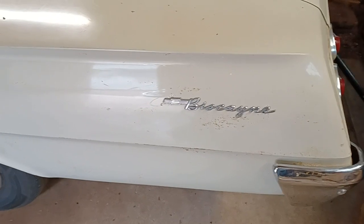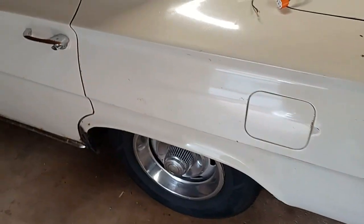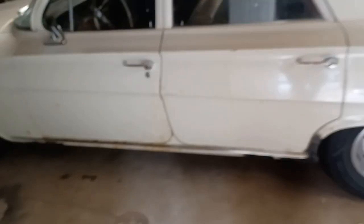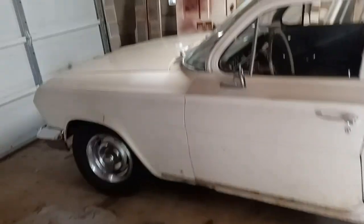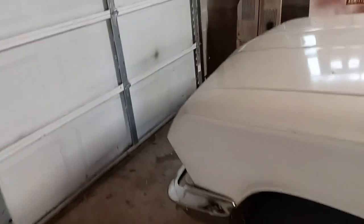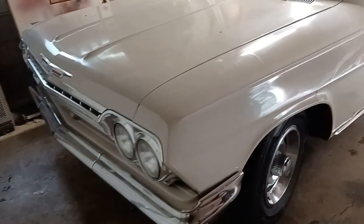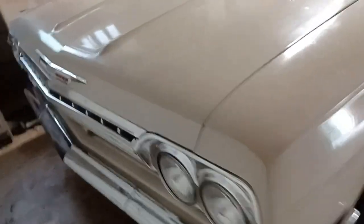And yep, working on the Biscayne again. This time I'm doing something a little different that I couldn't really find anybody that did anything like this. What I'm going to do is, and I did do it by jumping wires, I'm taking the front four-light headlight system and making so